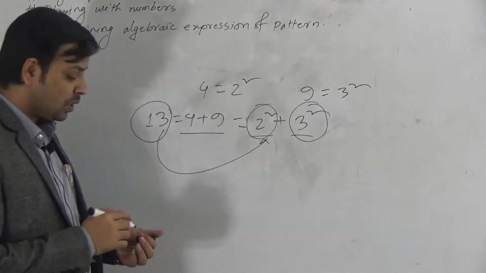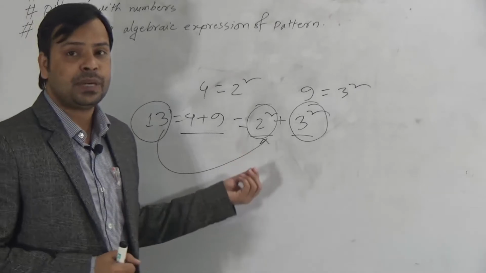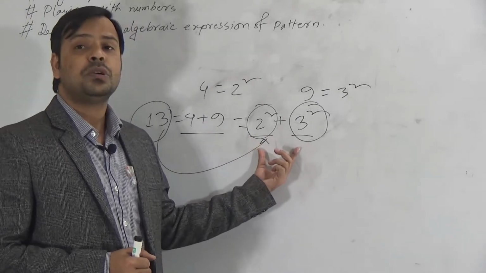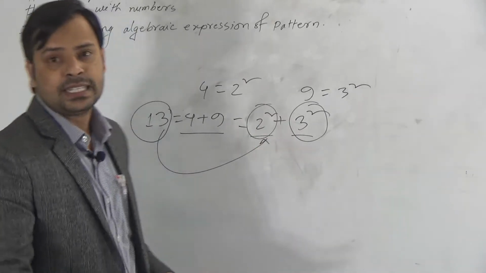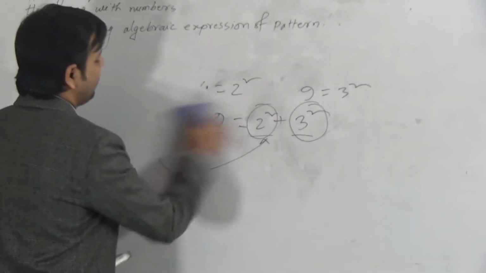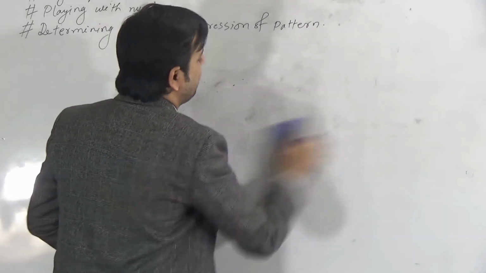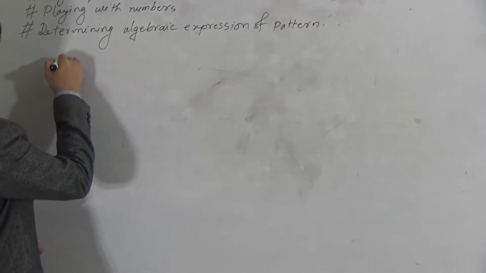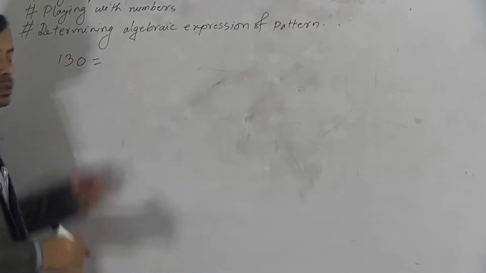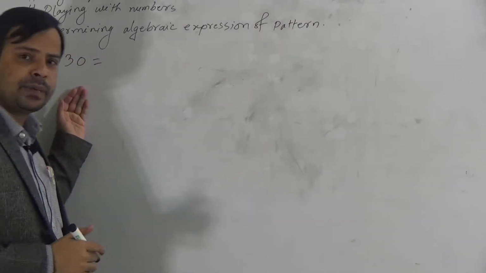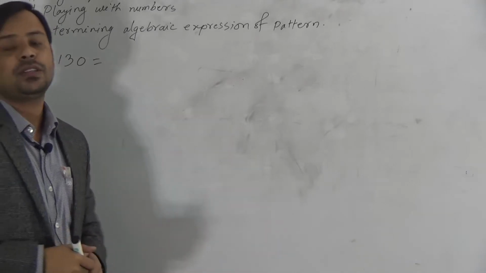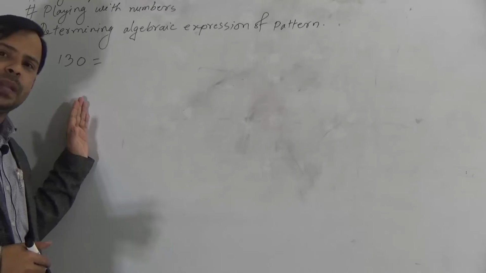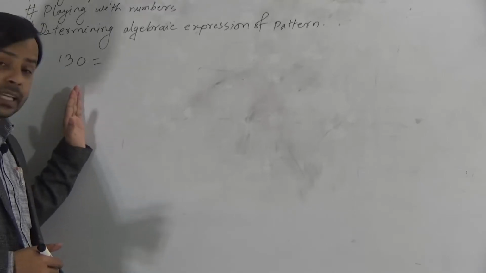Okay, dear students, so how can we write a number using the sum of 2 squares? How to write this number? We will learn this technique in this class today. Okay, at first I am writing a number. Now see, suppose 130 is a number. We want to express this number as sum of two squares. So to do this, you need to remember that you can apply a technique.